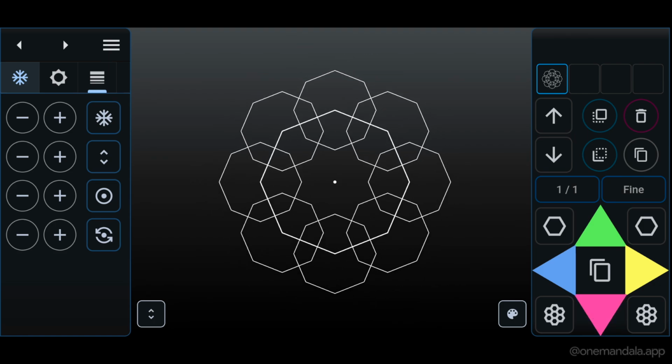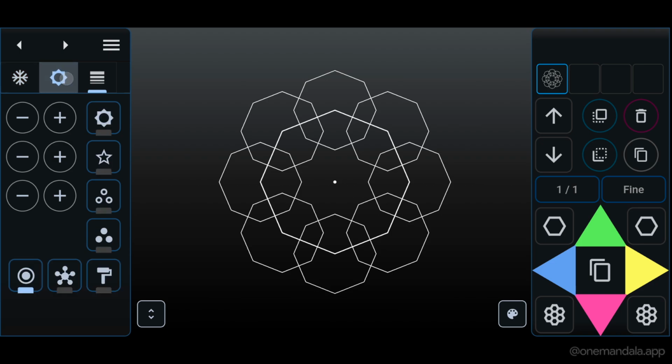Now let's look at how you can adjust all of the parameters. On the left side you can see the parameter panel. You can change the panel group by pressing on the arrows on the top. All the parameters are grouped into sections that are related to each other. So let's look at the basic parameters. Go back to first. You can change the panel tab by pressing on the icon here.